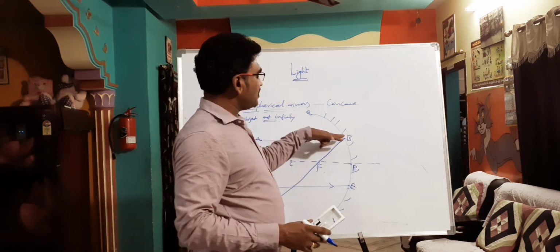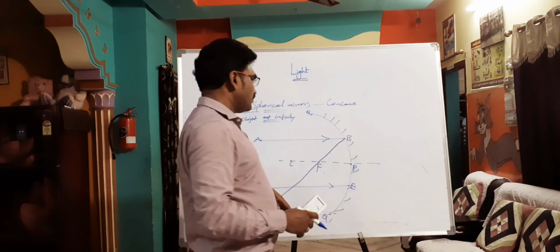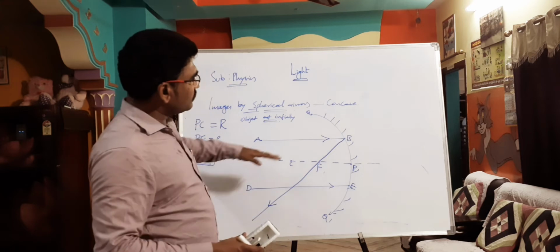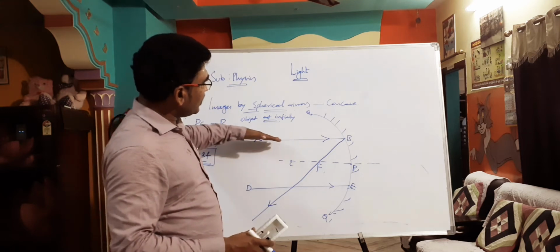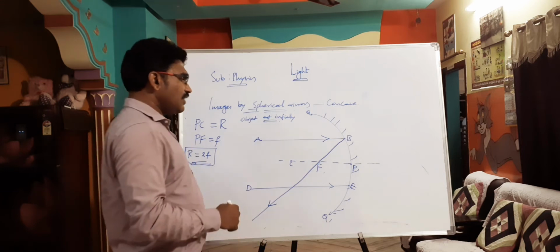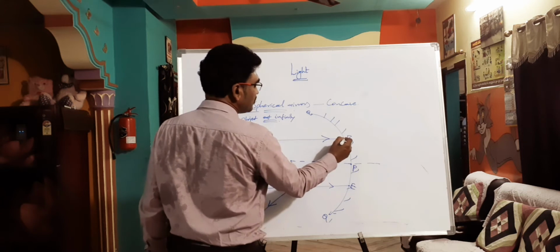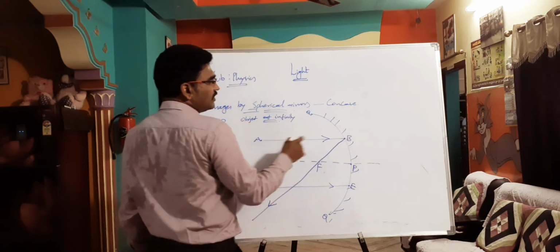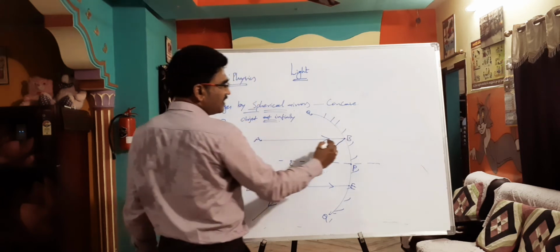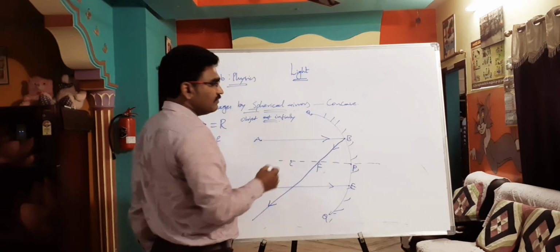So AB is the incident ray and it is passing through the principal focus, because already in the earlier class we discussed that when the incident ray is parallel to the principal axis, it will pass through the principal focus. Even if you get in a doubt, you can say this is the incident ray and this is the point of incidence. Then to draw the reflected ray, the very simple thing is immediately you have to draw the normal.